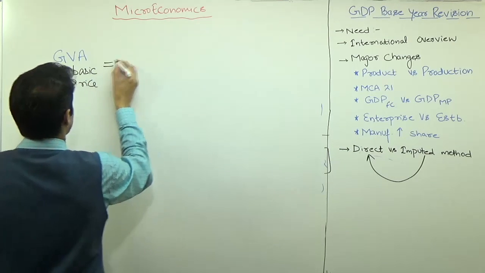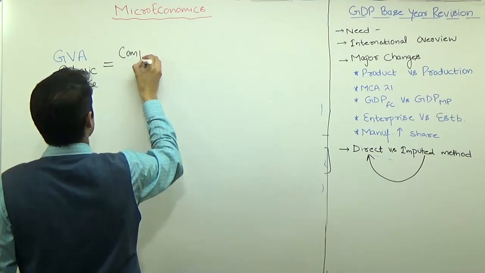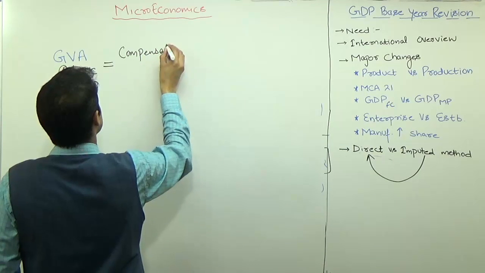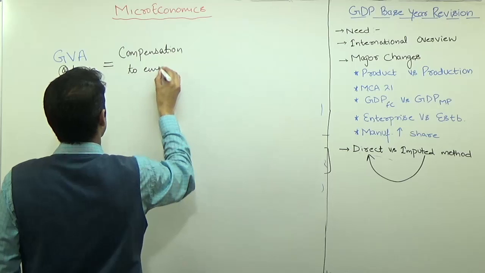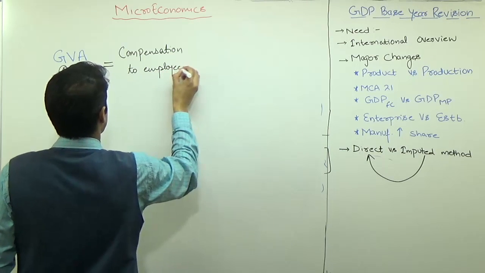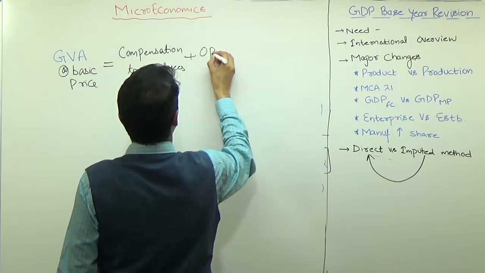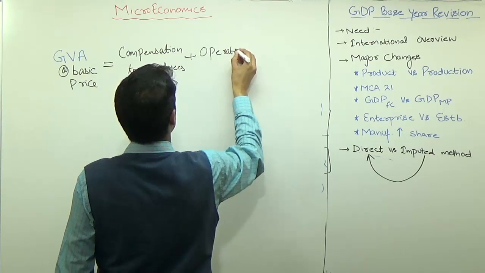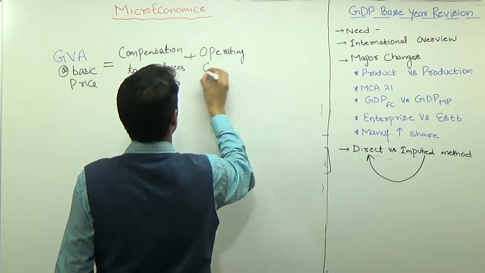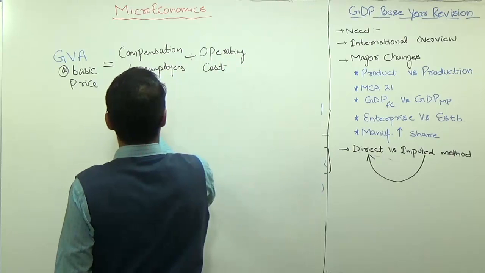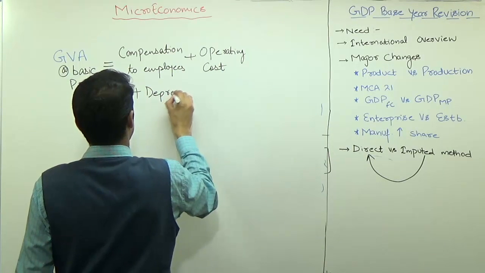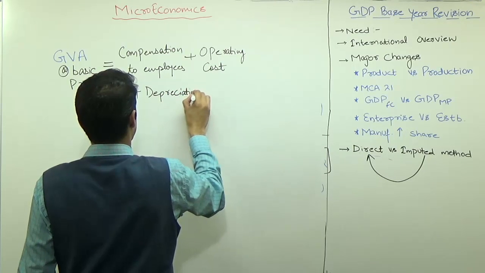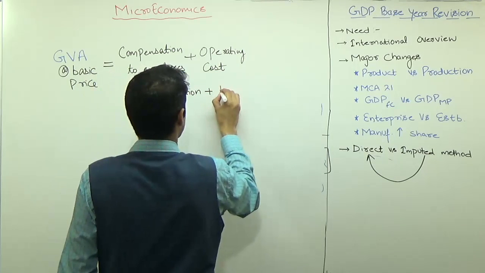That equals to, this you have to cram, compensation to employees plus operating cost plus depreciation plus